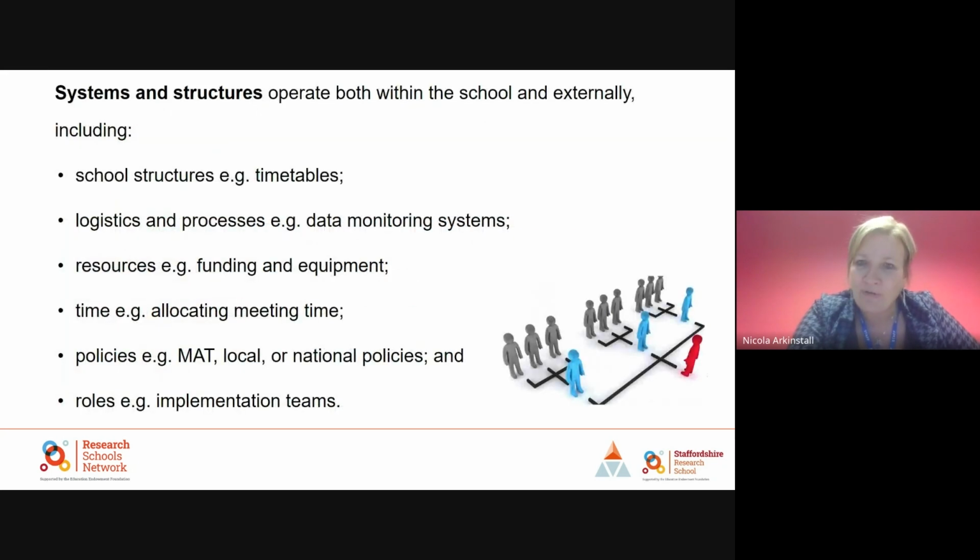And on here, I've just got a list of some of the systems and structures that do sometimes act as barriers, or some of the things that we should be considering when we're sitting down with our team and thinking through what we might need to include. So some of it, timetables, for example, the school structures, very difficult to change from a subject leader's point of view. But actually, is it worth a conversation about whether or not you could, for example,